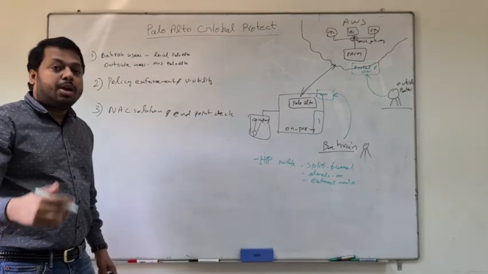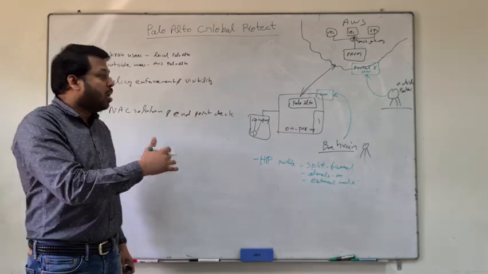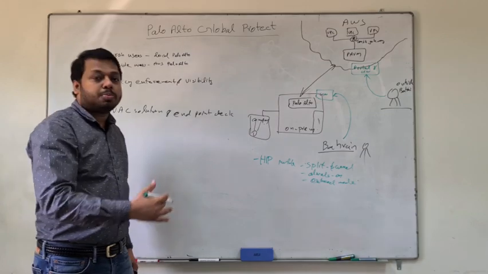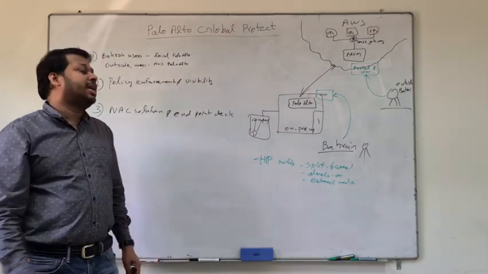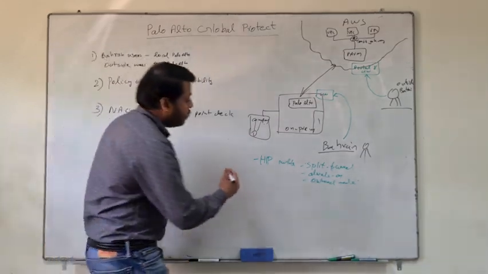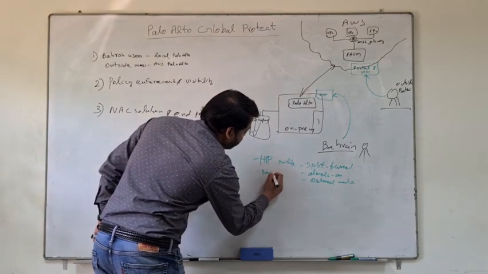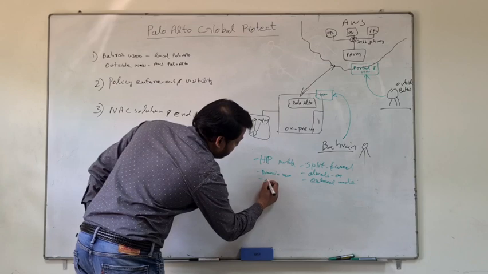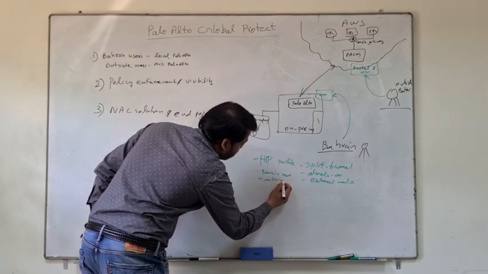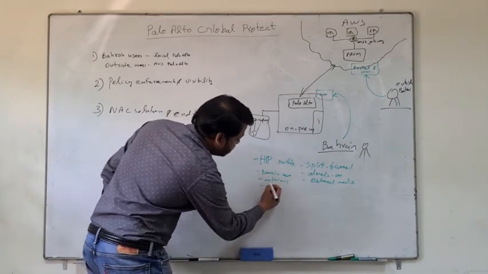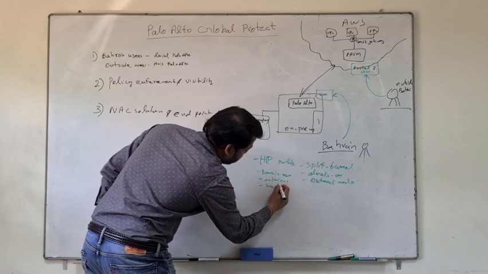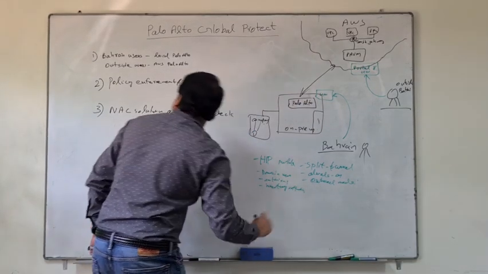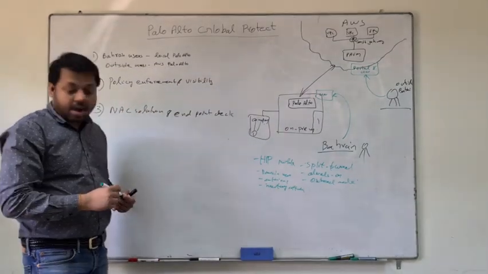Using the Palo Alto HIP profile, we can do some checks against the device, and only if those criteria match will they give the access. So we used it for the domain name, and second the antivirus, and the third the inventory software. So these three requirements are fine.